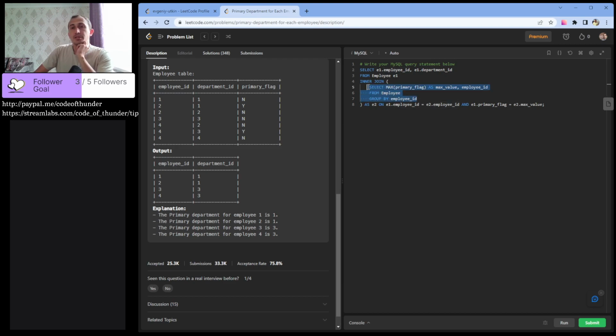So we select the max primary flag for each employee. And then we connect this to our table with employee and department. And now each employee is going to have only his maximum primary flag.